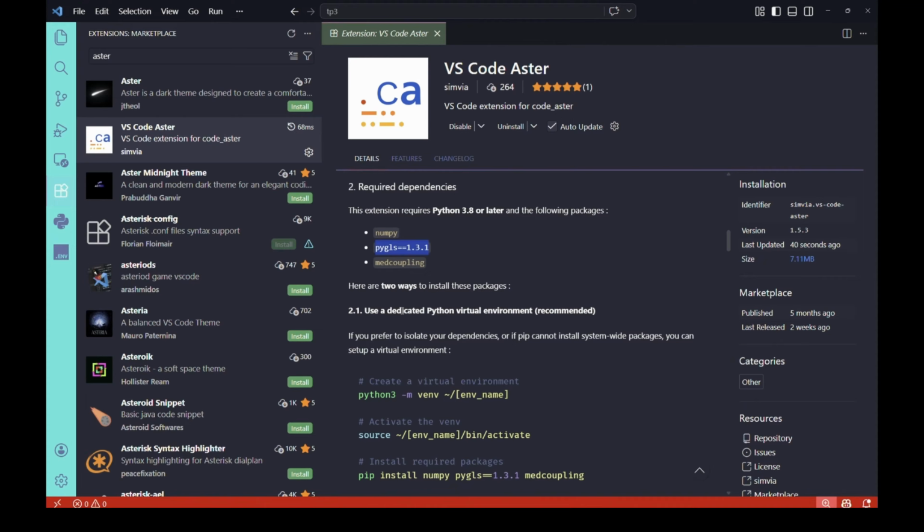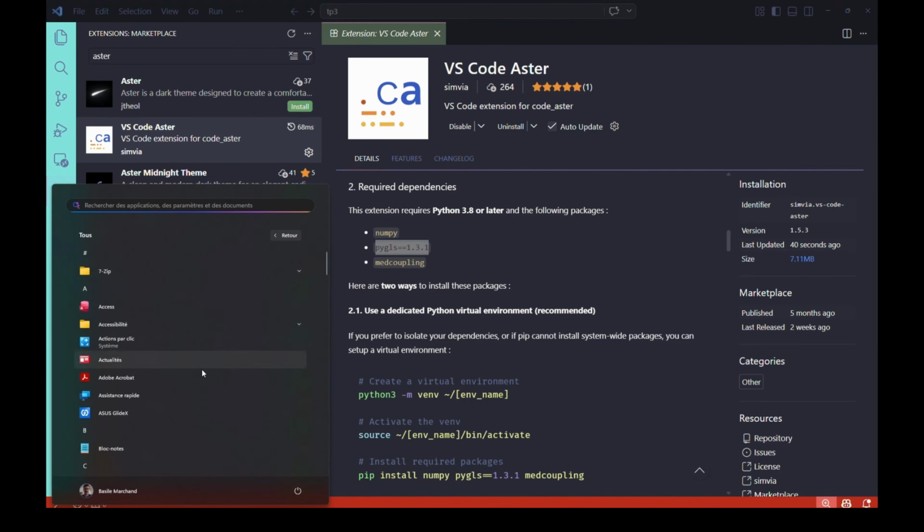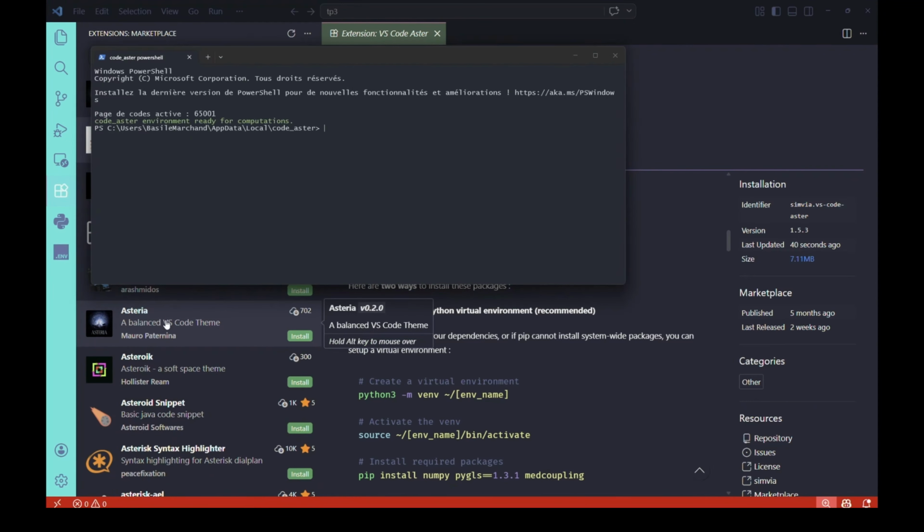To do that, open the Start menu and launch the Codaster PowerShell that comes with your Windows installation of Codaster. We are going to install this extra Python dependency into the Python environment included in Codaster using the following command: python -m pip install pygls==1.3.1.